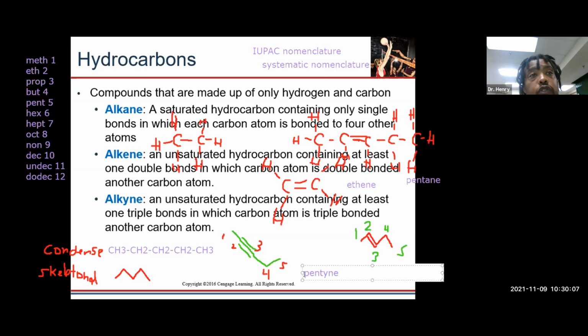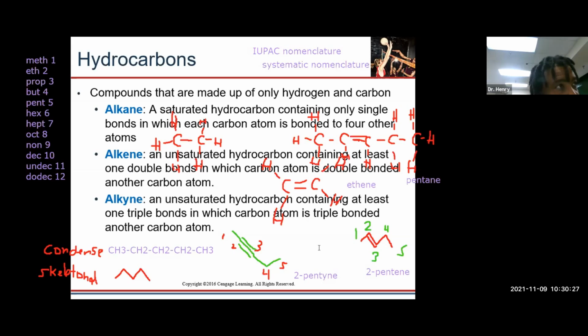Now we have to say where that triple bond is at. Triple bond is on the second carbon. So it'll be 2-pentyne. Okay. Do you see that? Yeah. I'm still a